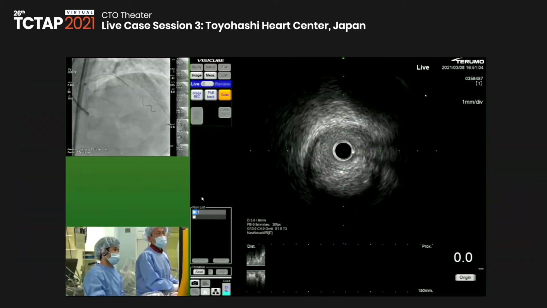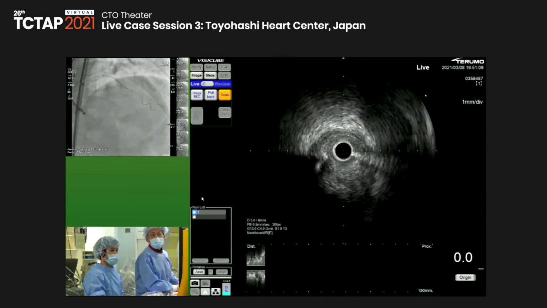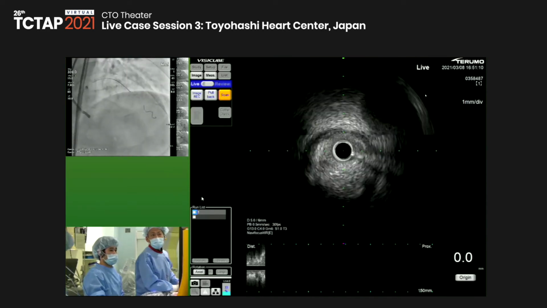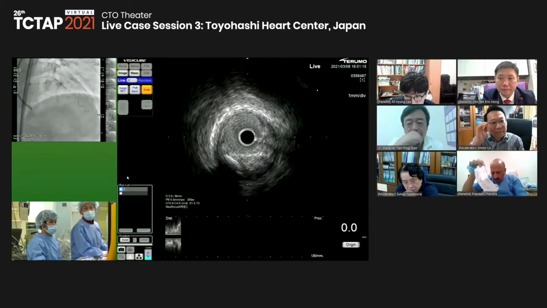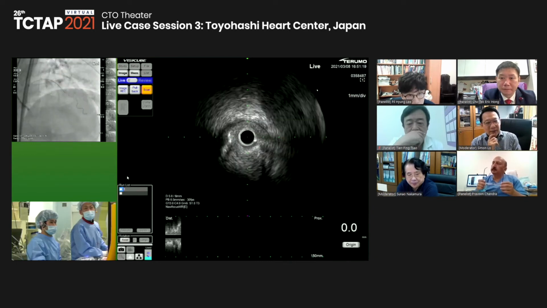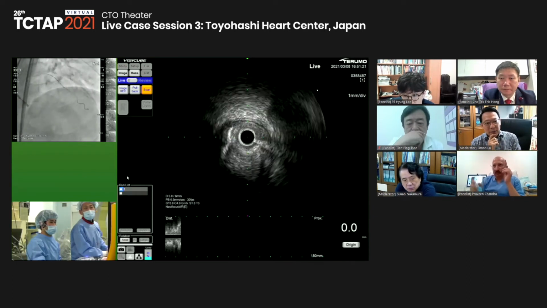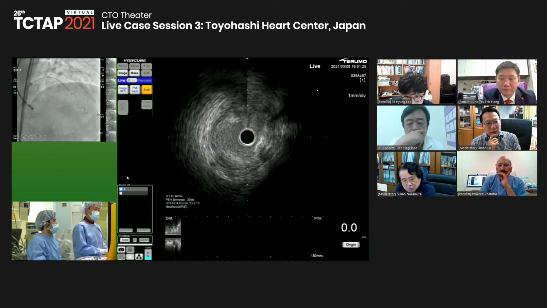But in IVUS, maybe it's not clear. Maybe here we can see some stump, but this is the most distal side of the bifurcation. In this kind of situation, the selection of this small channel is very, very difficult.